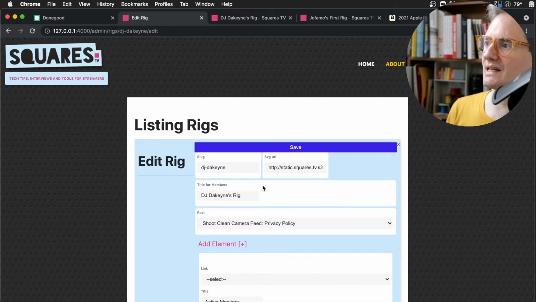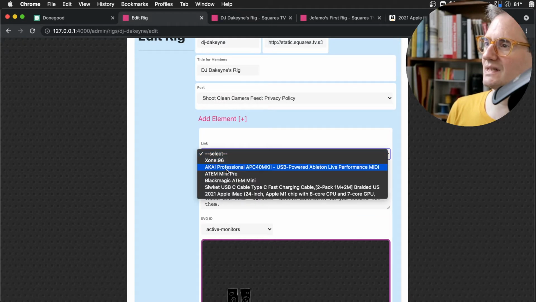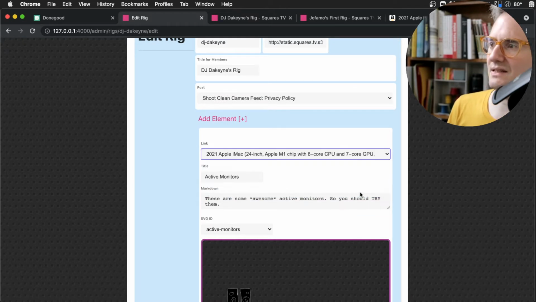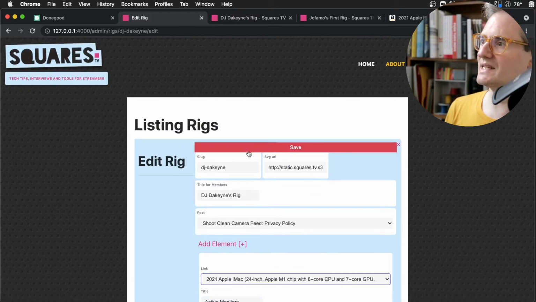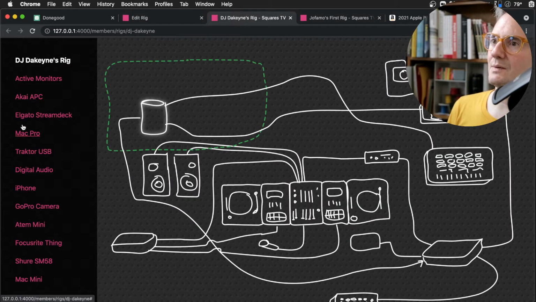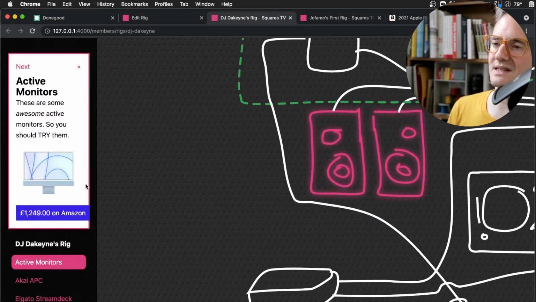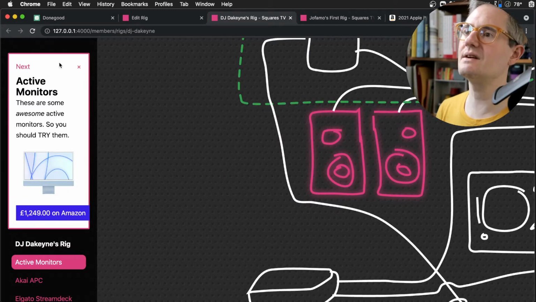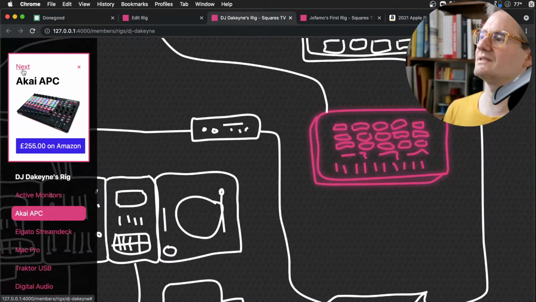I can now select it in here. Where is it? Apple, Mac, iMac, and that'll do. And then when I save that, and now we look at active monitors, it thinks it's a Mac. So there you go. So I'm responsible for this layout, and I can let you click